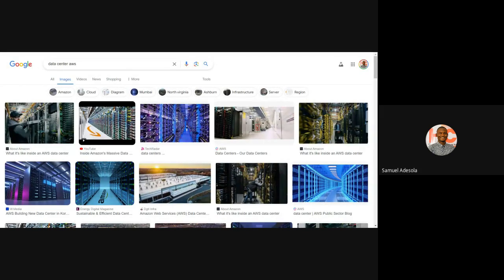What does it mean for you to host a website? It means that you are giving your code to some people, let them put it on their own computer, and their own computer is always online. So anybody that goes to the address of that computer will be able to access your website. That's basically what hosting means. It simply means that, okay, you guys have your computer always online. Take my code. Anybody that types this address should come and see my code. That's what hosting your website means.